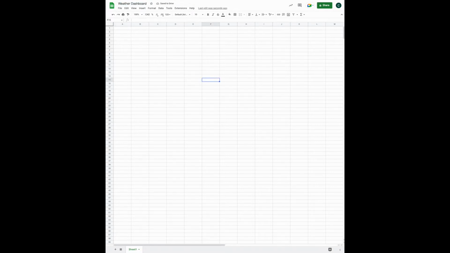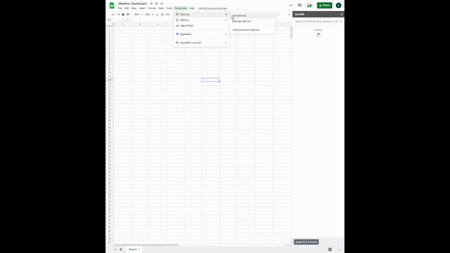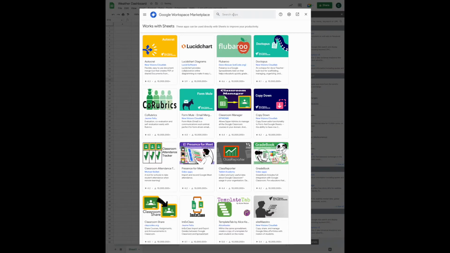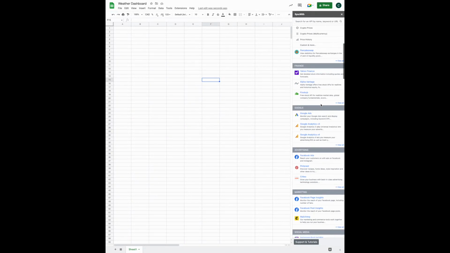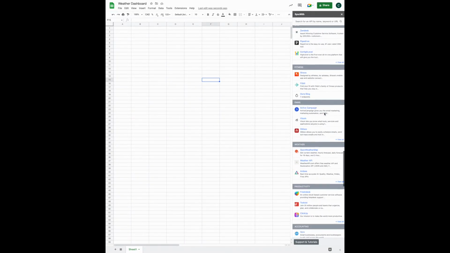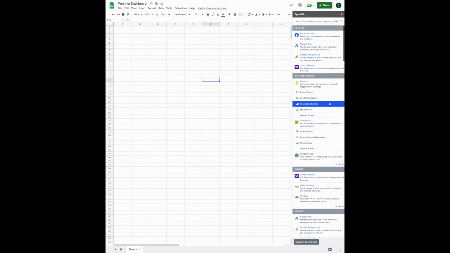Now the first thing we need to do is get data into our spreadsheet. So we're going to use SyncWith. SyncWith is an add-on that's available via the Google Workspace Marketplace. So you can click Get Add-ons, and you can find SyncWith in there. And basically, the SyncWith add-on will let you connect to essentially any API. There's literally thousands of APIs available, and so it's a great tool to get the data you need into Google